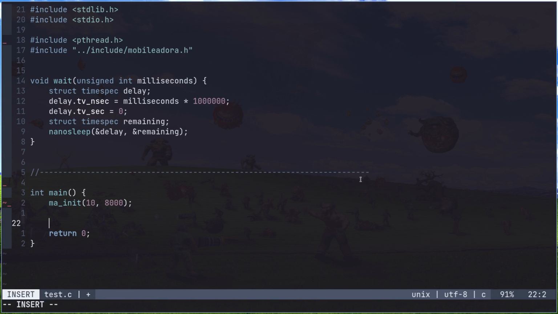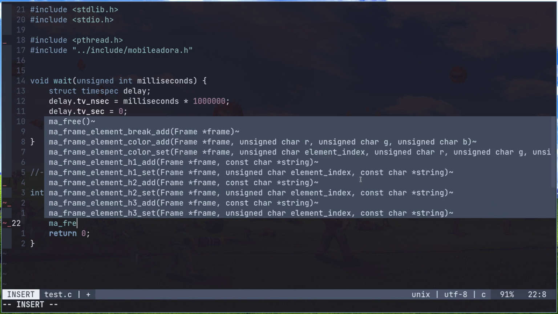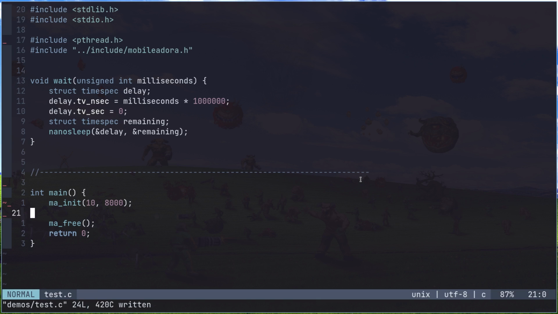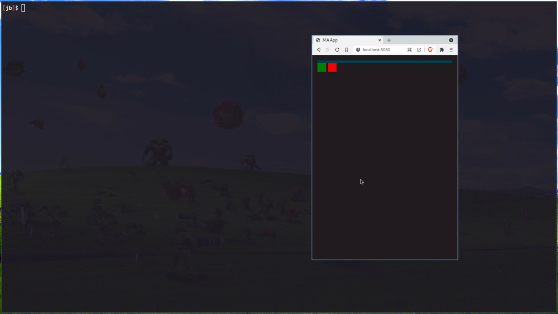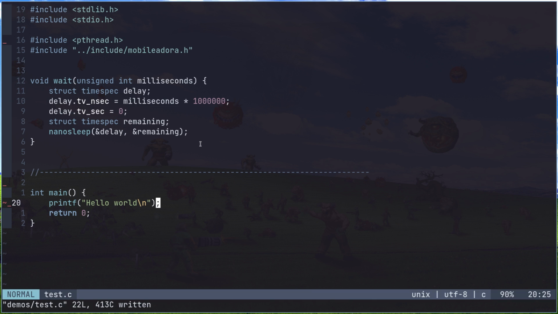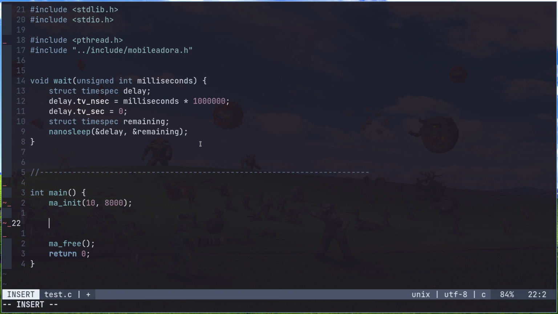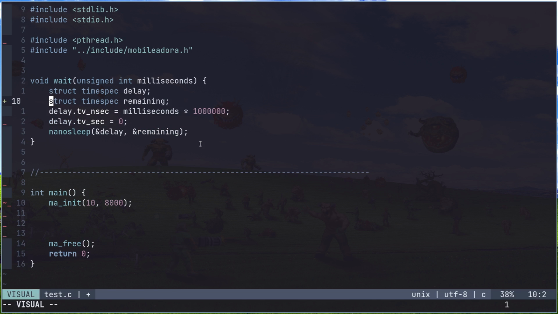I don't want to edit any HTML today. I'm going to free the library at the end. Also, we should probably just make sure this works. So, hello world it is. So if we go here, make try. Yep, hello world. Cool. So, hold on. Oh yeah, C89, very important. So actually,